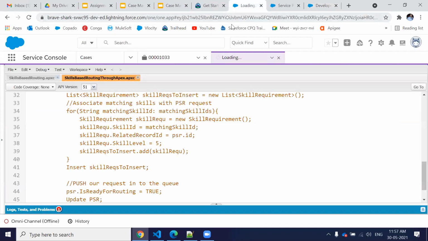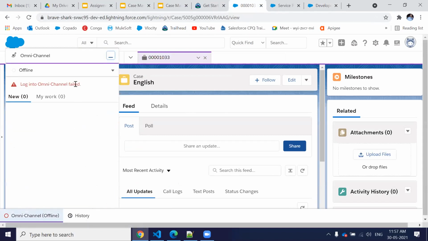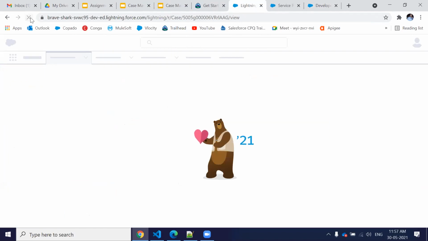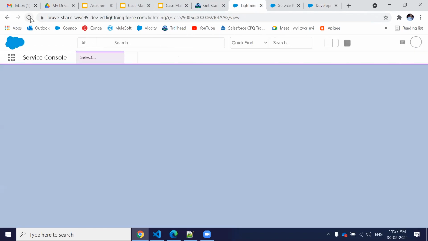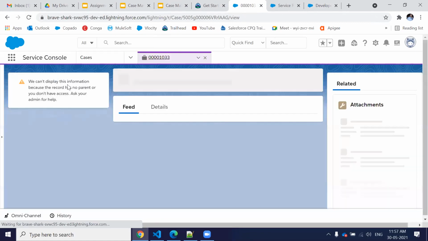Let's check the Omni channel. We have to log in to the Omni channel, because Omni channel only works when your agent is online. So we have to make that agent online first.